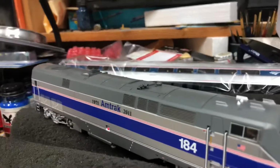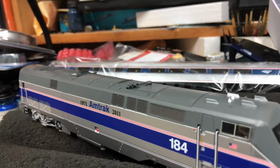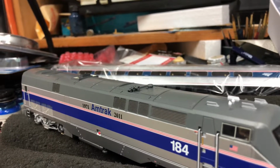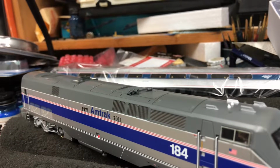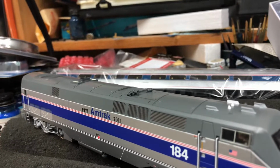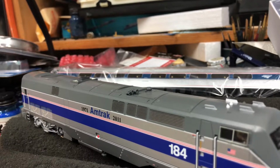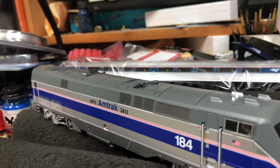I just want to say a couple of things before we really get into it. Good luck trying to find these. No, this engine is not for sale. Don't bother asking me. The answer is no. I am not selling this engine. I'm not putting all this work into the engine just to sell it. I'm putting the work into it because I'm keeping it, and I want to put the work into it. But anyways,